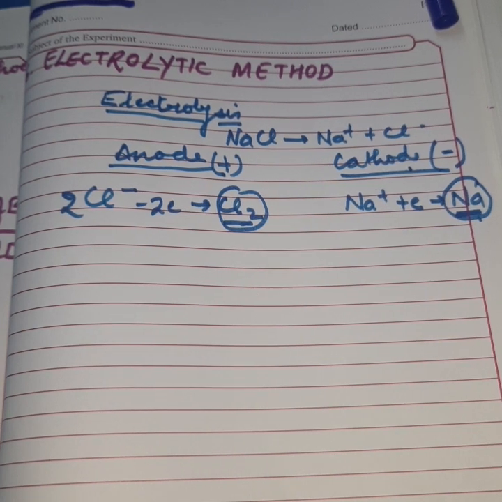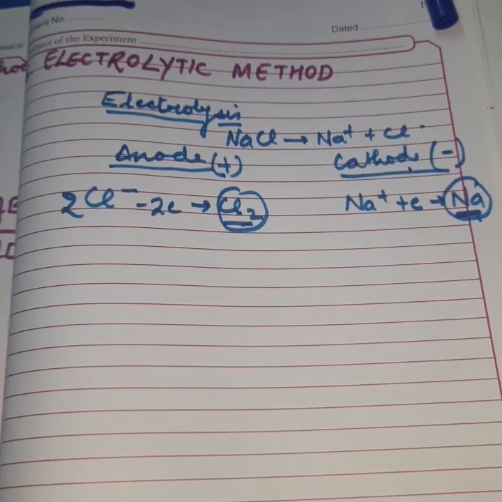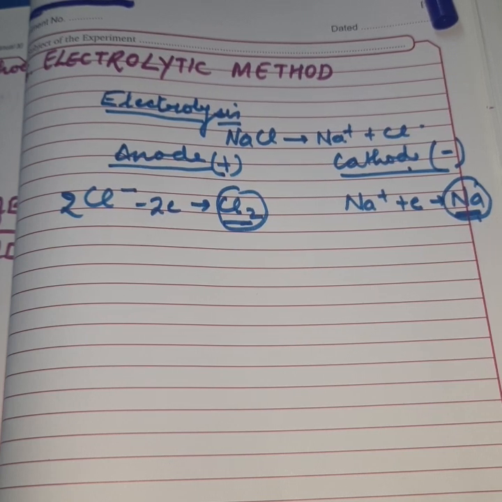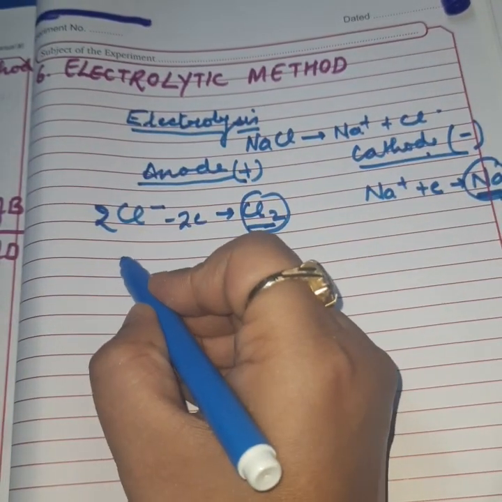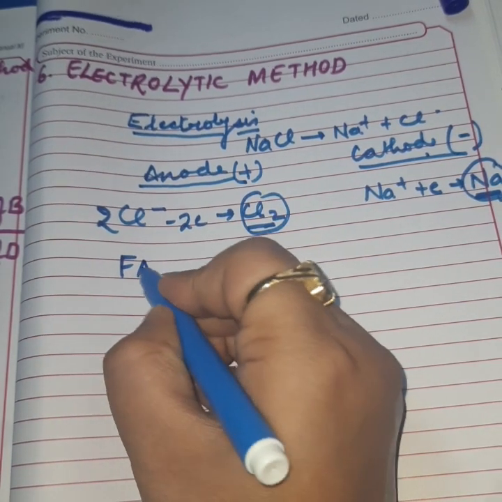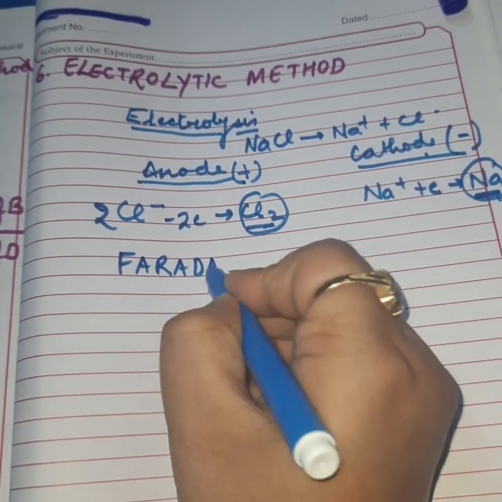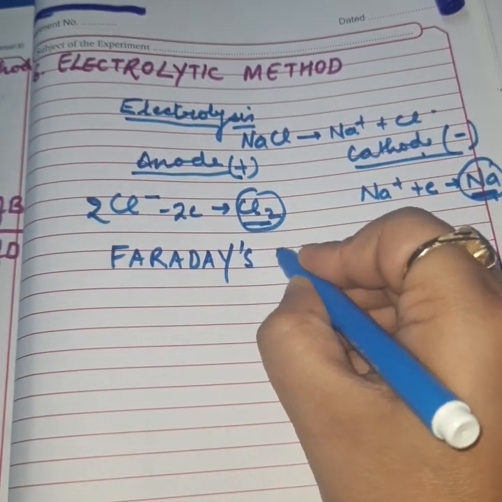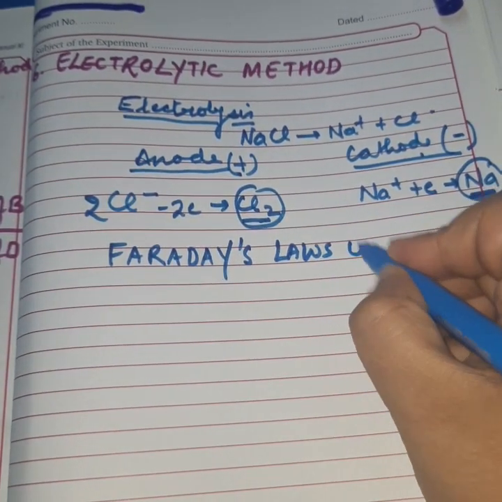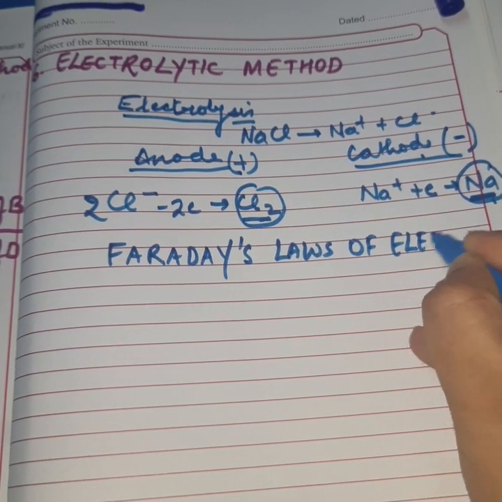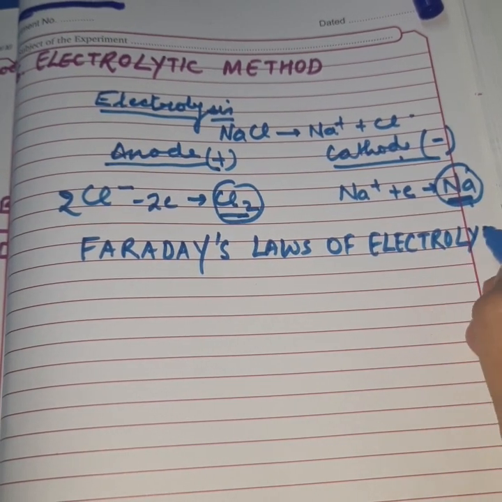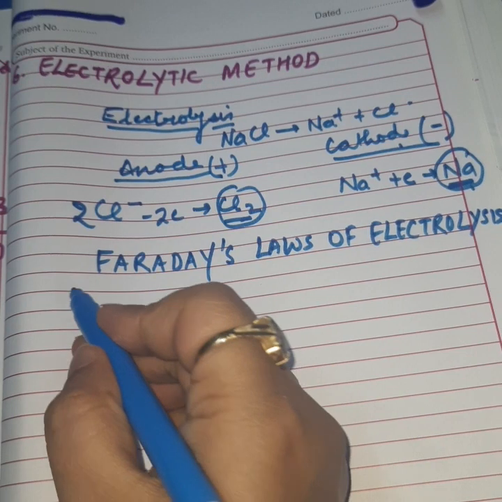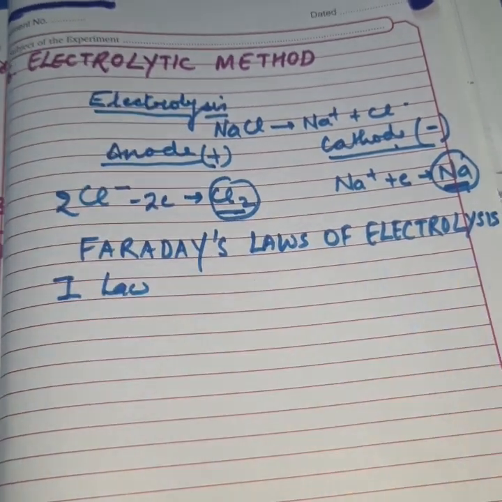So through the process of electrolysis also, we can calculate the equivalent mass. But to understand how to calculate equivalent mass through electrolysis, we need to understand two very important laws, as I told. These laws are given by the popular renowned scientist Faraday. So on his name, these laws are called Faraday's laws of electrolysis. Now let us see these laws one by one. Alright, so there are two laws. Now Faraday's first law I will be discussing with you first of all.